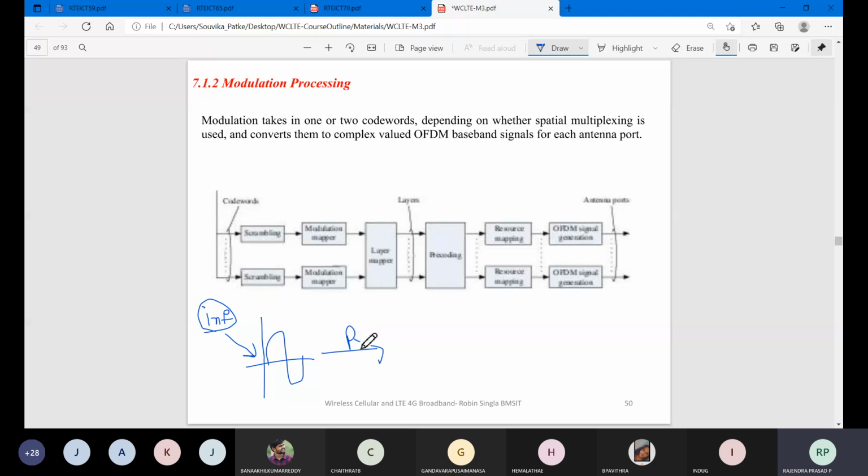The modulation part, we can also call encoding or coding the data. Usually a message information, which is your input part, will then go to your encoding block diagram.